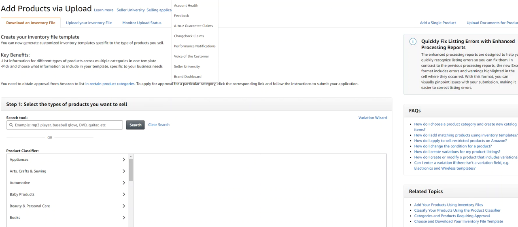In this video, I'm going to review how to use flat files, which are Excel files. Amazon calls them inventory template files, to create new products and update your existing ASINs on Amazon. Before I go over how to use them and how to create them, I'm going to quickly review the benefits